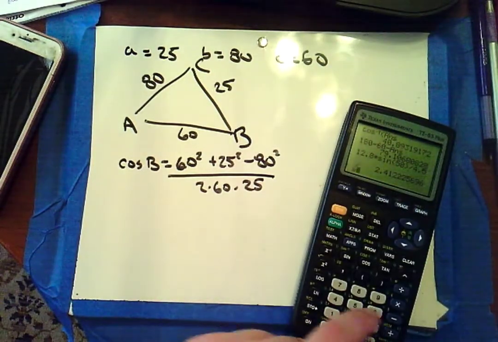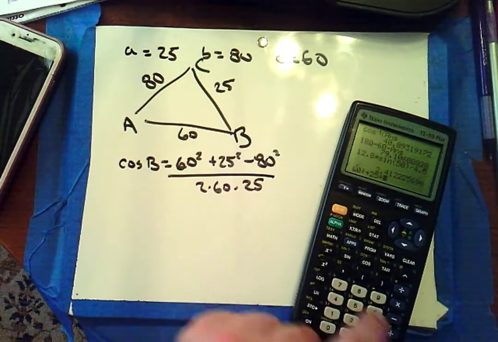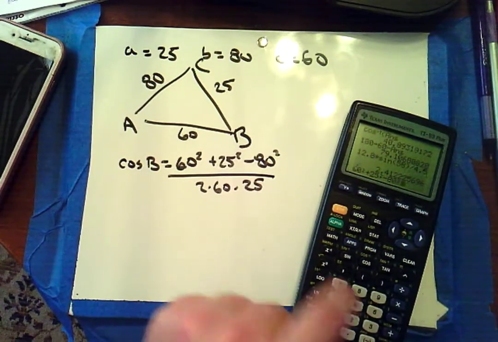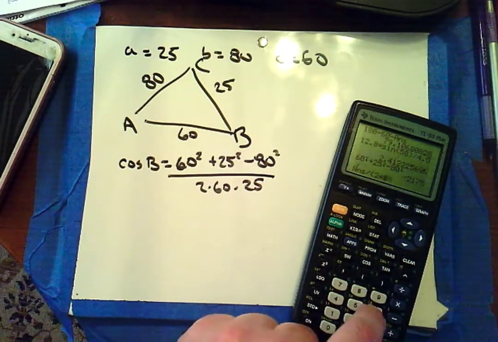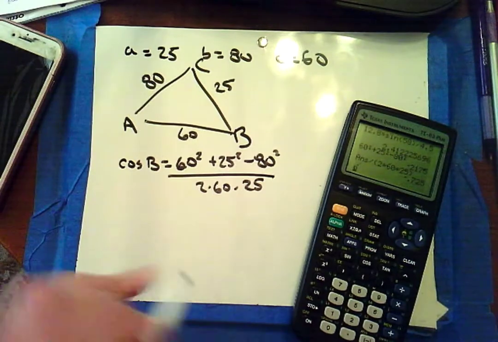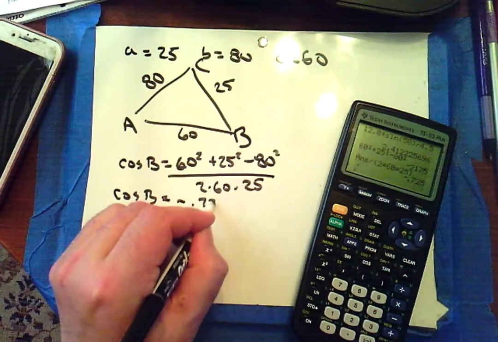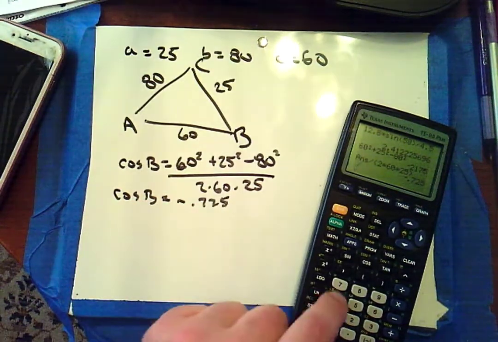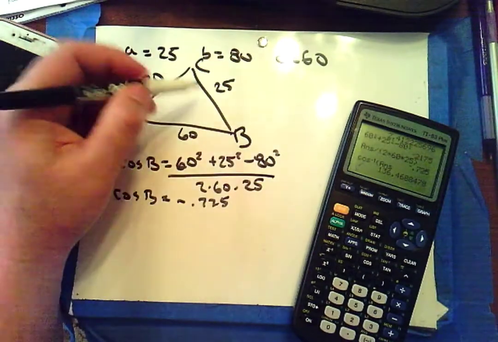So we get 60 squared plus 25 squared minus 80 squared, and I want to divide that number by 2 times 60 times 25. And I get that cosine of b equals negative 0.725. And then when I do the inverse cosine of that, I get that b is